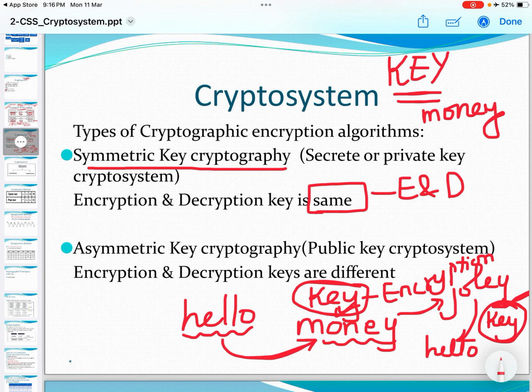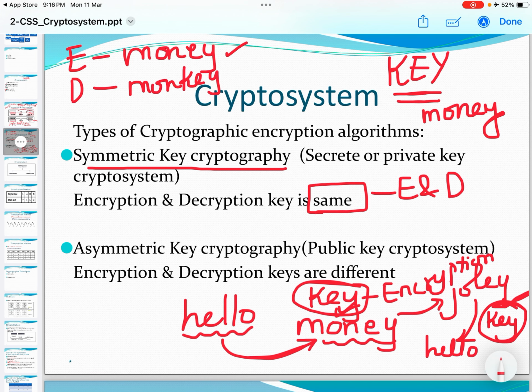If a different key is used, say for example for encrypting you are using the keyword money and for decrypting you are using the keyword monkey, then different keys are used. If different keys are used, we say it is asymmetric key cryptography. The use of key, how is this done, we will see later in the chapter when we learn different algorithms of encryption and decryption. But for now you have to just remember, if the same key is used, symmetric key cryptography. If different keys are used, asymmetric key